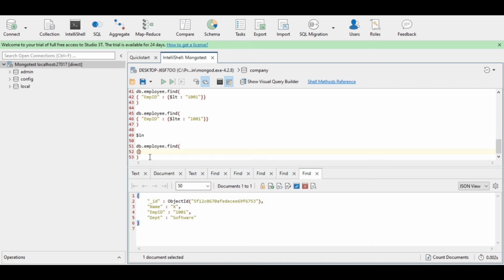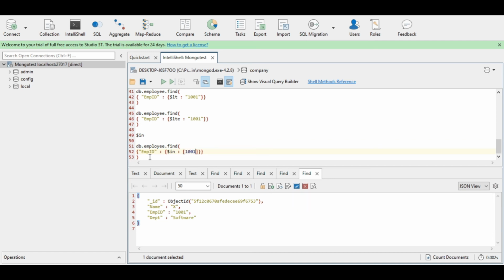So I will be searching with the employee ID, then colon, then a pair of curly braces again. Inside the pair of curly braces, I will be writing $in. Then I will be providing the set of data which will be compared with the documents. That should be inside an array.